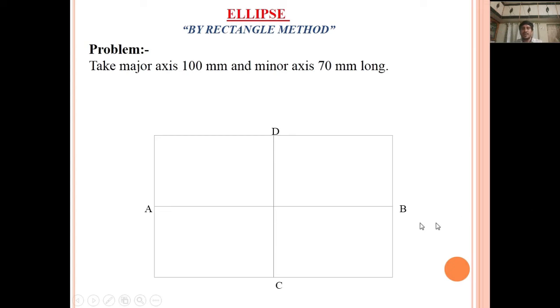Means our dimensions are divided into four quadrants, that is AB major axis and CD minor axis are divided in this part. Here this dimension is 35 mm. Now this center point O, this OA dimension is 50 mm and OD dimension is 35 mm. Now next is to divide OA and OD into the same number of equal divisions, same number of equal divisions,